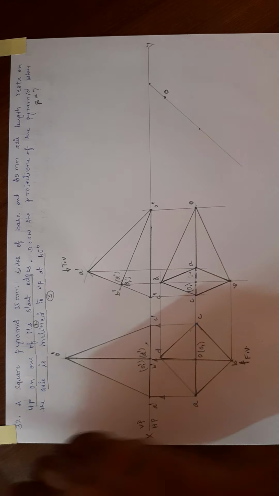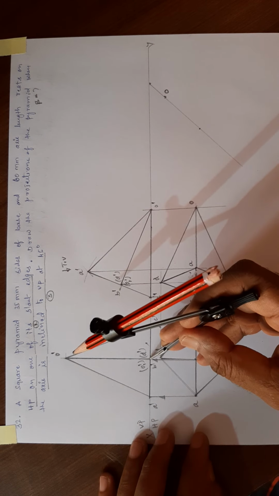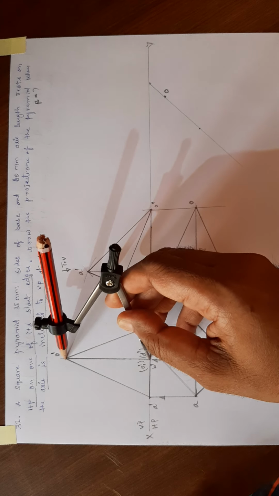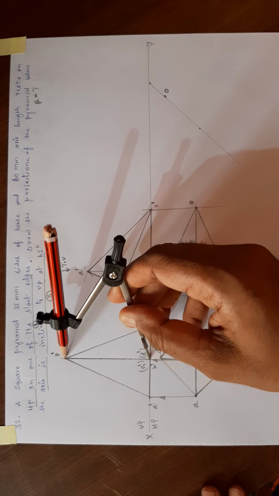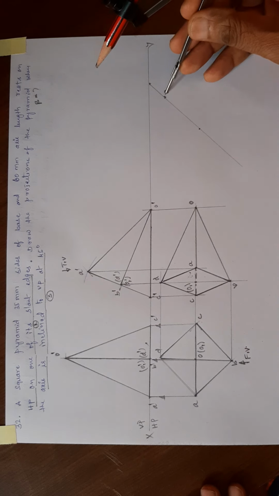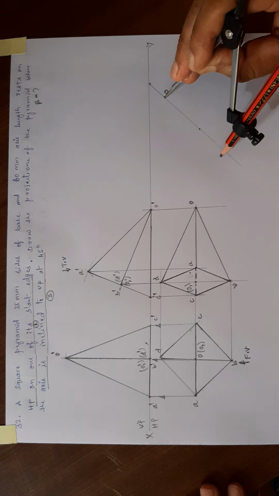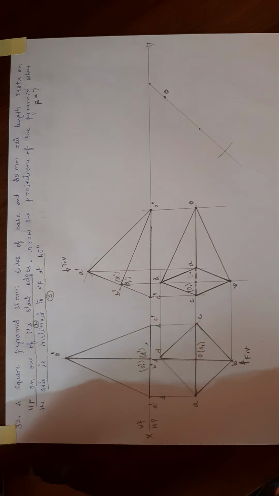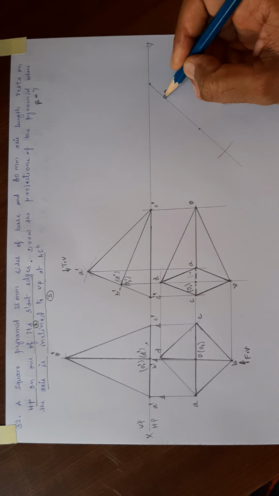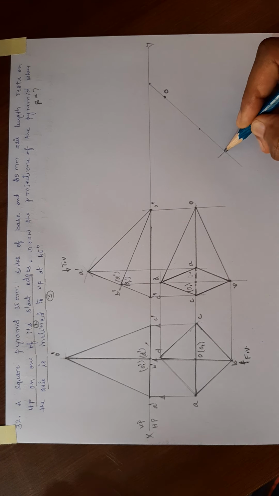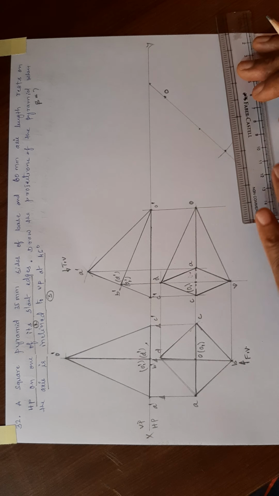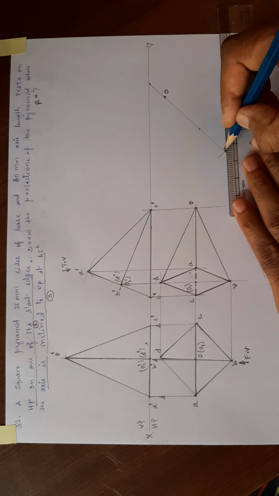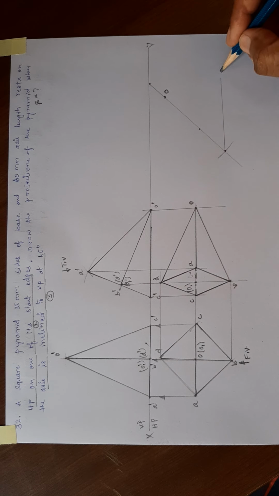Okay. Then take true length of axis. Now see true length. First you take true length here, true length of the axis. Okay. Now keeping the compass at O, cut this line. Then now O is fixed. Now through this point, draw horizontal line which indicates the locus. Draw horizontal line which indicates the locus. Now so this line is locus.